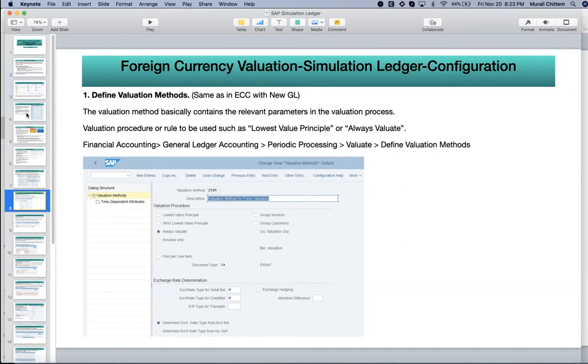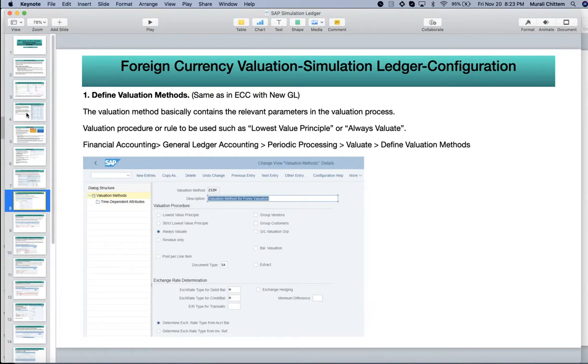Normally, forex valuation will be done at month end, right? If you wait for month end, then sometimes it may not be possible to see the fluctuation. So what you are saying is, generally month end close is when we do currency conversions. Yes. But in this case, simulation will allow intermediate results whenever users want to simulate. They don't need to wait till month end. They can pre-run the currency and take a look. Yes. Excellent. Thank you.